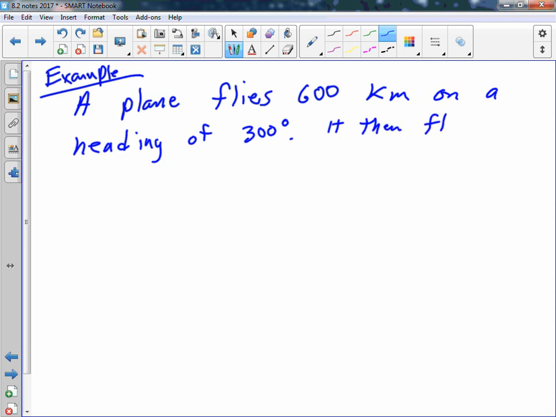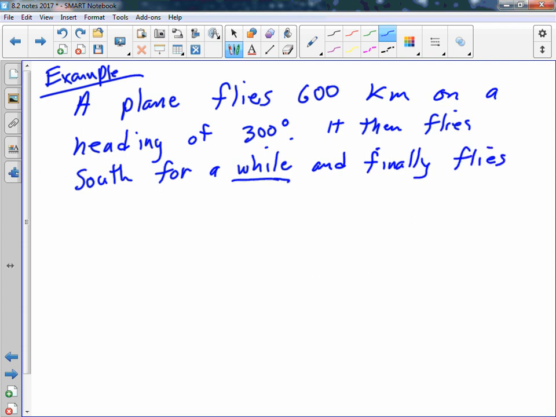It then flies south for a while. The air traffic control probably redirected them. And notice a while is not specific. And finally